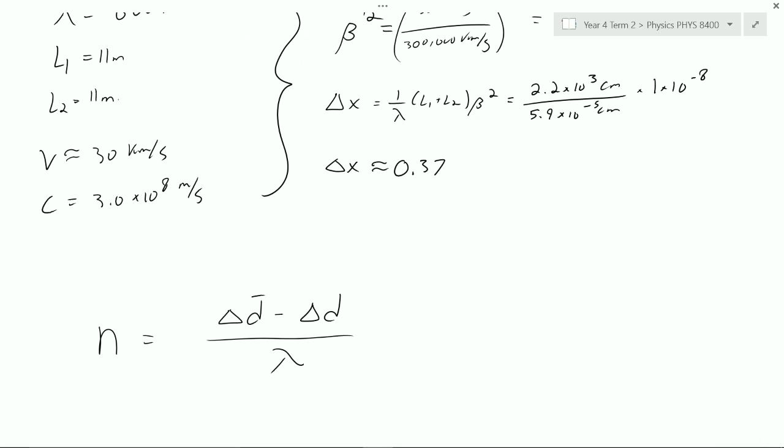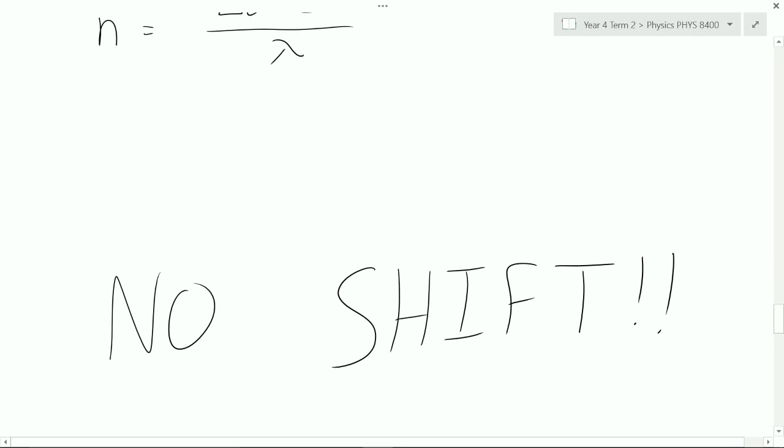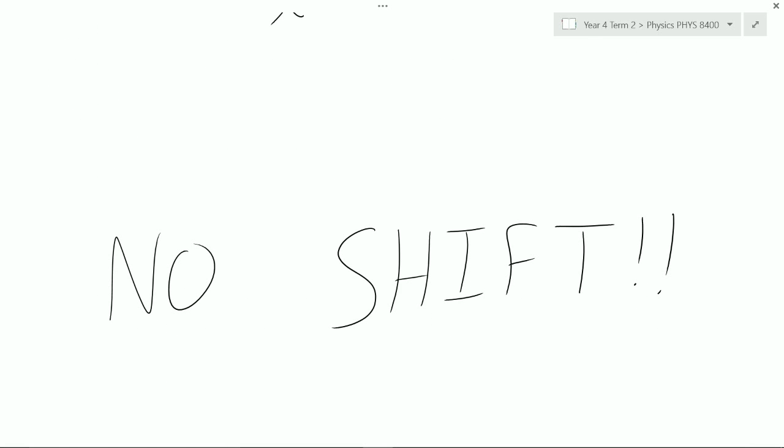Now, once the experiment was actually conducted, they found that their actual n value, which is the change in the fringes, was 0. That's not the only weird thing: they took the data from every rotation of 360 degrees, not just at 0 and 90, and again, n equaled 0. So that means no shift.